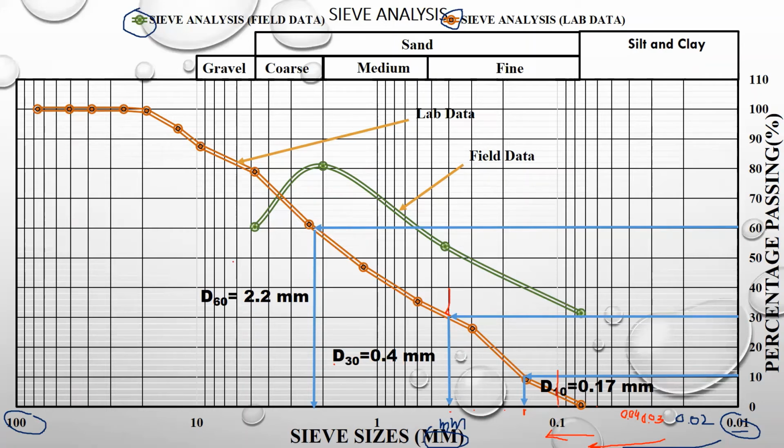Then after that, at 60% passing, we have to take 3 readings. So I have to take it from the graph myself. At 60%, when I drop this line over here, what D60 is coming out in millimeters? So I have to check it out. If it is 1, then it is 2 point something because 2.5 is here. So it is 2.2, so I have taken it as 2.2 millimeter. So this is the way to find out D10, D30, D60.